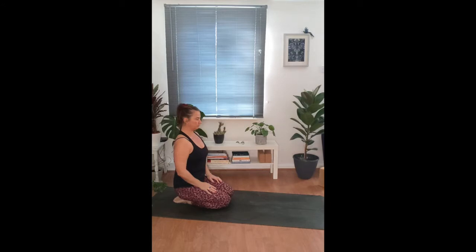So start just by sitting comfortably and focusing on the breath, the inhale and the exhale. Spending a few moments here just following the breath in and out through the nostrils, trying to clear our mind